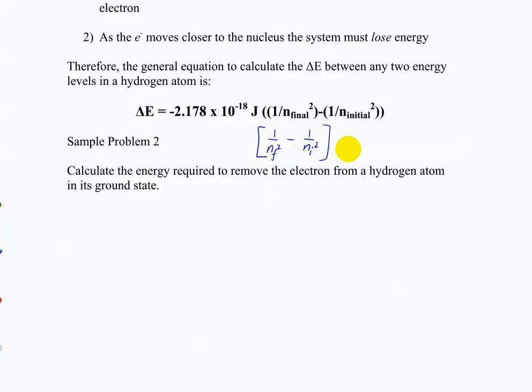As NF goes to infinity, what happens to the equation is what it's really saying. NF gets very, very large as you excite higher and higher. So the ground state tells us that NI equals 1. Remove the electron tells us that NF equals infinity. So what does that mean mathematically? It means we're looking at a limit problem. So what happens to this equation? What happens to minus 2.178 times 10 to the minus 18th